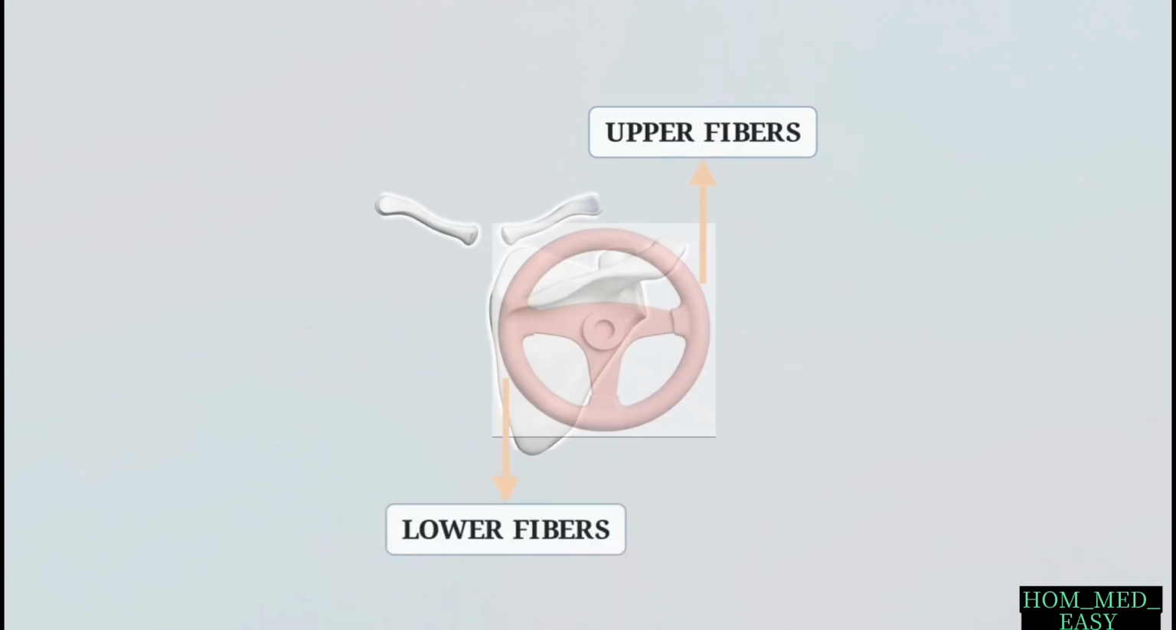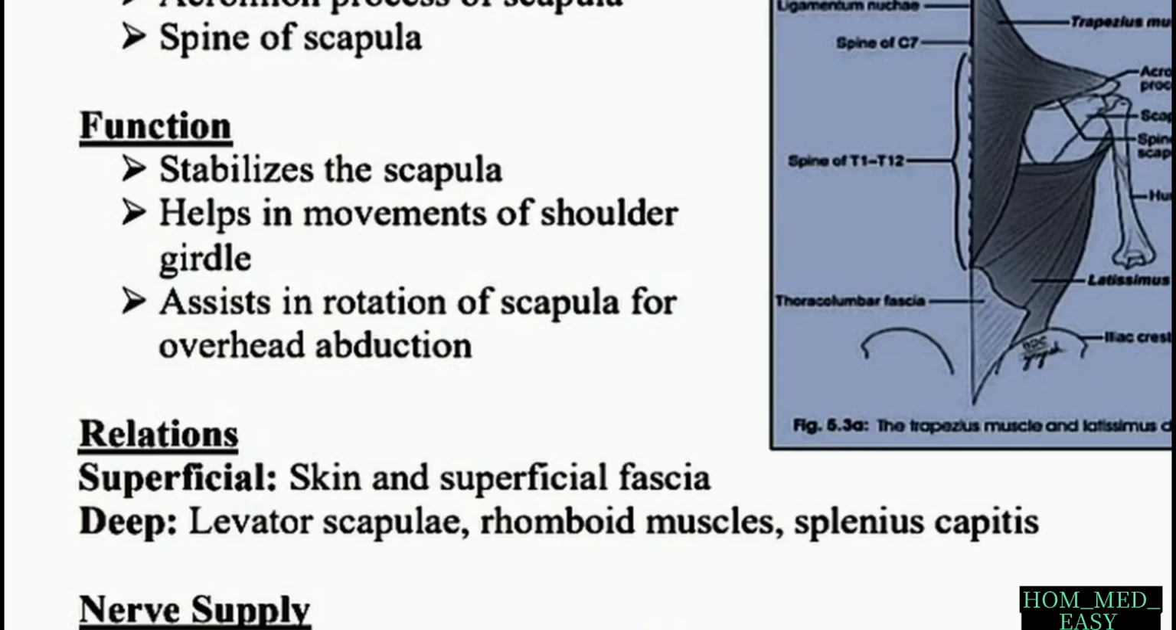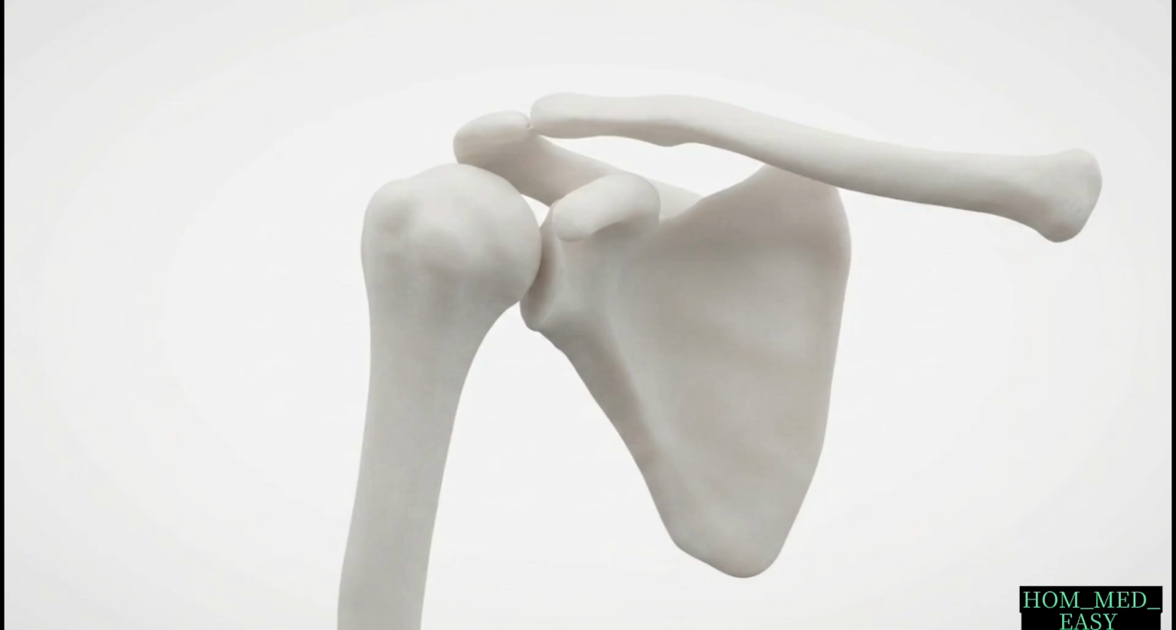The trapezius initiates this by functioning like hands on a steering wheel. The upper fibers pull up on the clavicle and acromion, while the lower fibers simultaneously pull down on the scapular spine, forcing the entire bone to rotate. This visual mechanism illustrates exactly what textbook functional parameters describe when noting the trapezius assists in the rotation of the scapula for overhead abduction. Without the precise geometry of the trapezius initiating this rotation, severe bony impingement would occur,